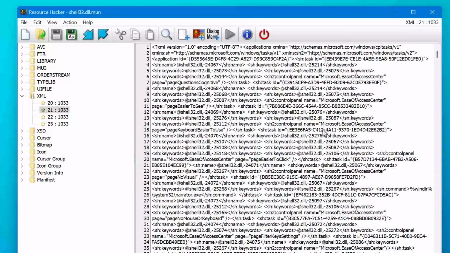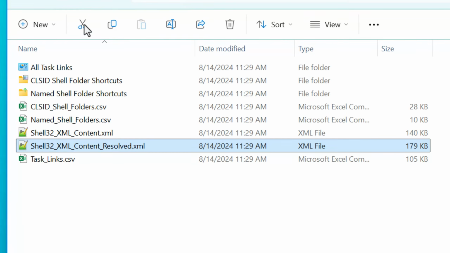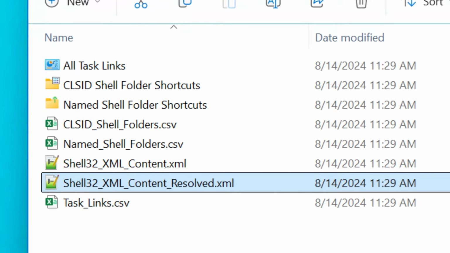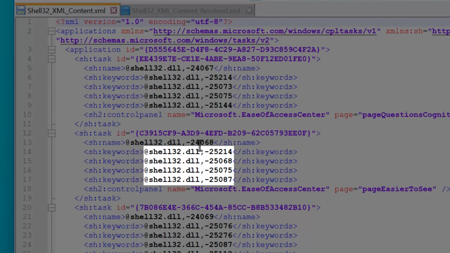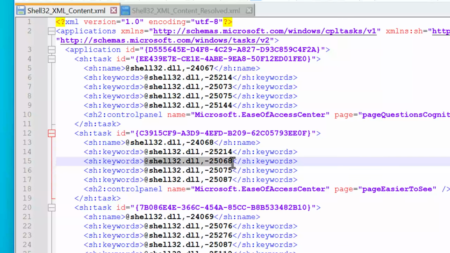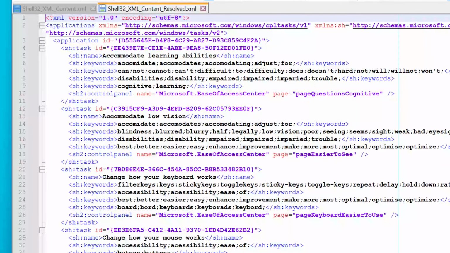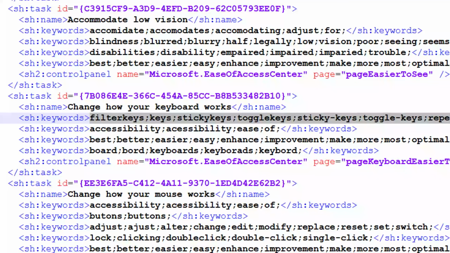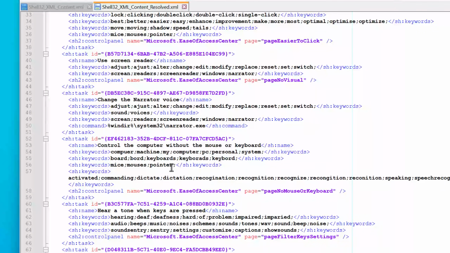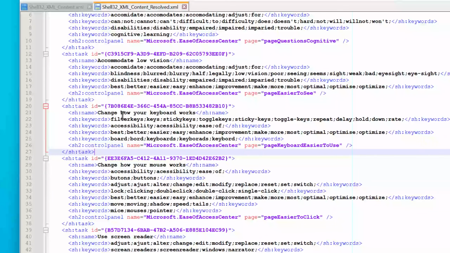However, this script will actually export this so you can view it, and that'll create these two files we can look at. When you open it up, you'll see this @shell32.dll thing everywhere, which are actually string references to various strings throughout the registry. So what you can do instead is open up the other XML file that's automatically created, which has the resolved versions of the data, which basically means it takes those strings and shows what it's actually referencing. And again, the cool thing here is that these will all be in your local language. So that's the point of the reference. So no matter what language you're using, it's universal.